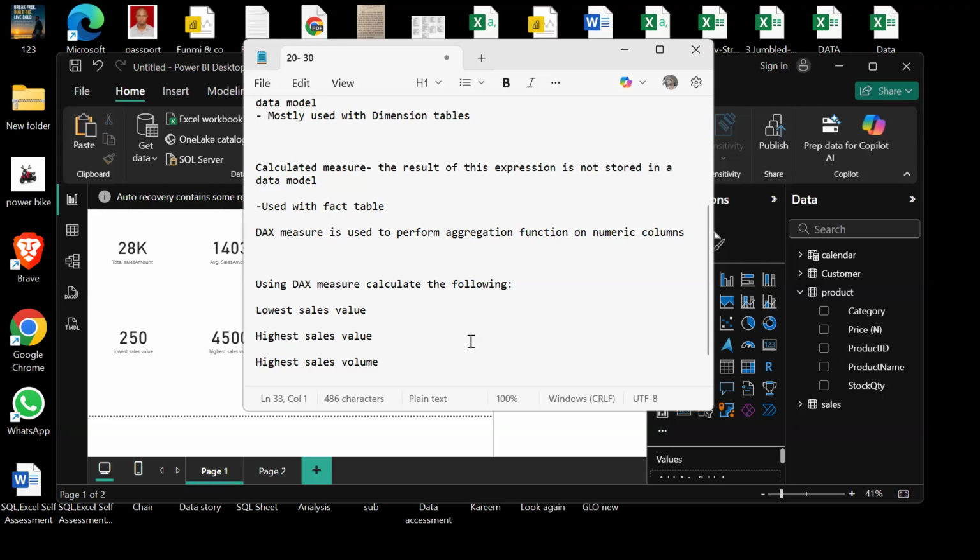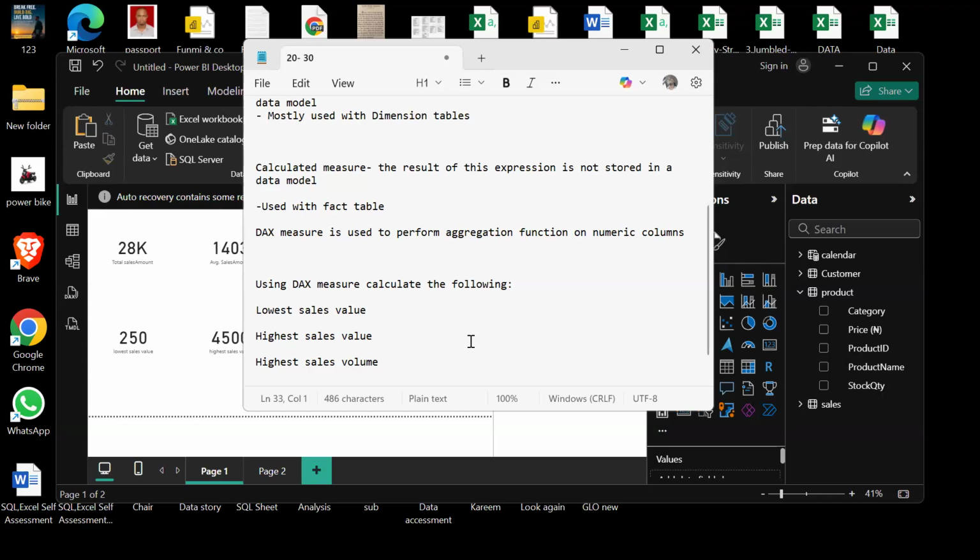So I've also spoken about the context in which we should use calculated measure and calculated columns, right? Calculated columns is mostly used when we are working with dimension table. But when we are working with fact table, it is highly recommended that you use calculated measure in